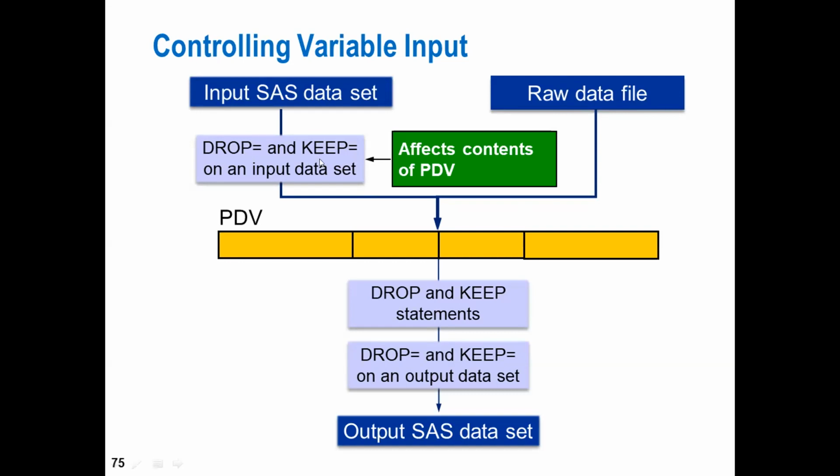So in case you write drop equal to or keep equal to, the variables will not be selected in PDV. But if you write the drop and keep statements, the variables are available. See how it's showing? It's available in processing, but this statement is effective for your output data set. Either you write drop equal to and keep equal to on your output data set, or the statements drop or keep, it's affecting your output data set. Very important slide, very crisp to understand and very easy to memorize. All right. Any questions here?